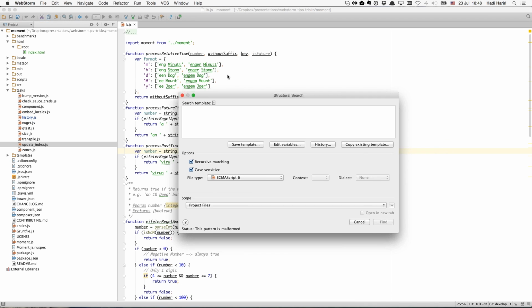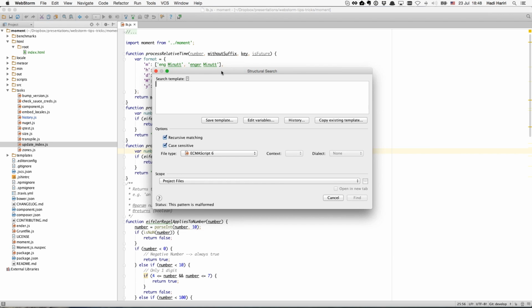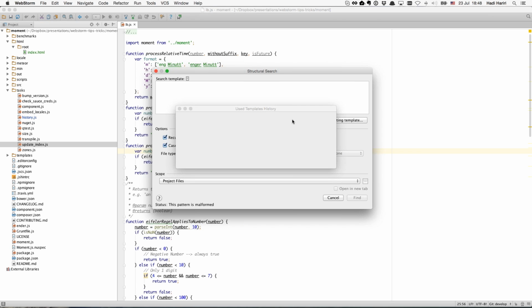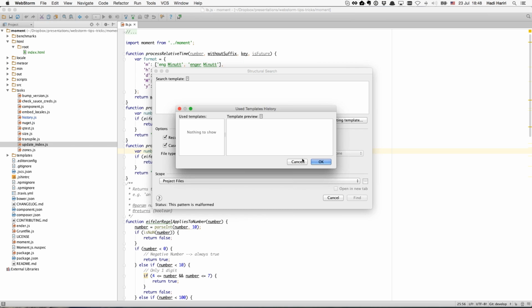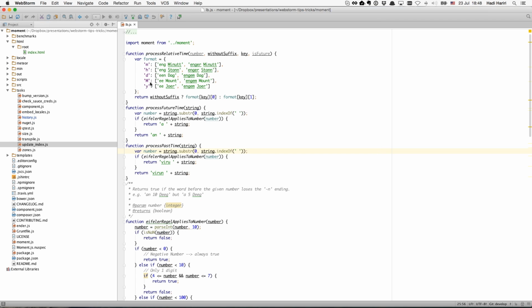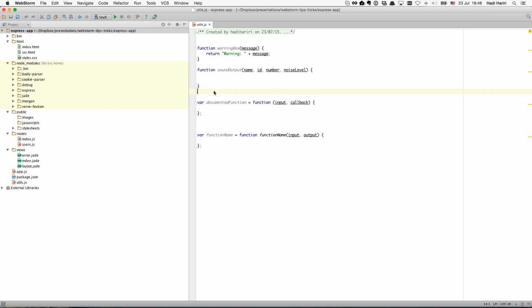What this allows me to do is search across my project for a specific pattern. So think of this as kind of like an advanced regular expression combined with templates. I've got a couple of examples here. I did have a couple of examples here. Let me go to my Express.js app, actually. I think that's where I had them. So let's go and open this Express app. I don't want to have to redo these. So